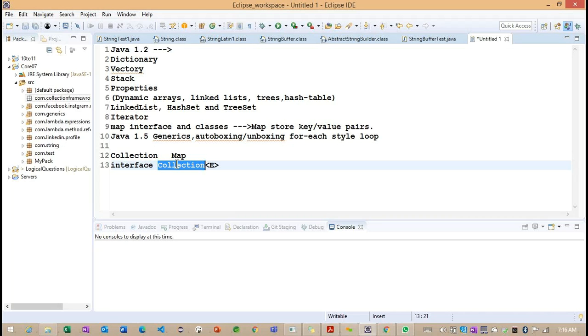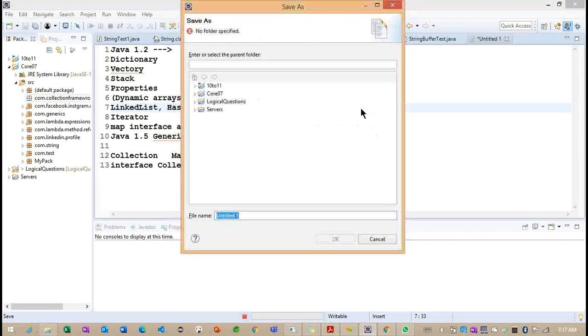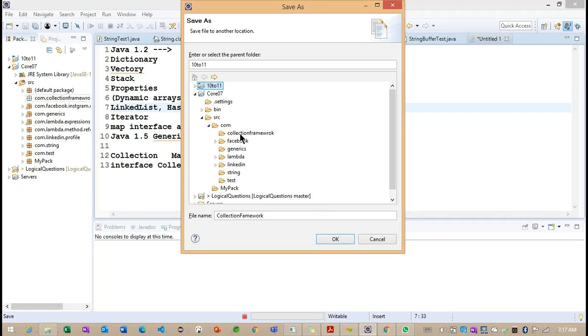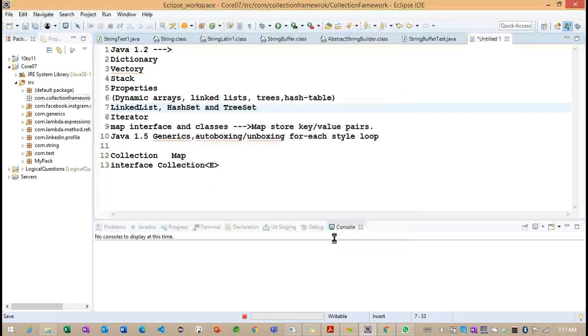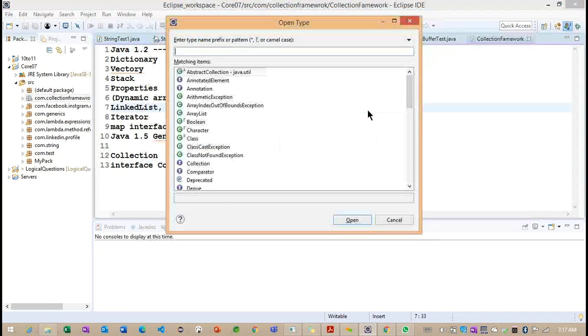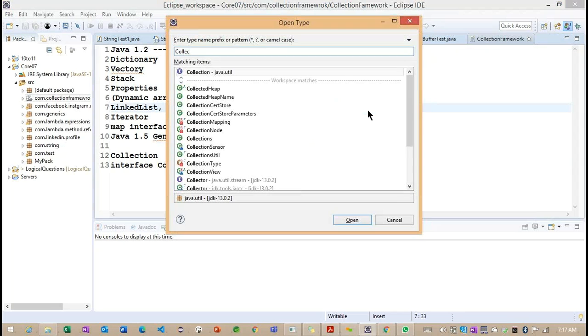Now let me save this text file inside this collection framework folder. This is the interface we need to understand, so let me open the collection interface.